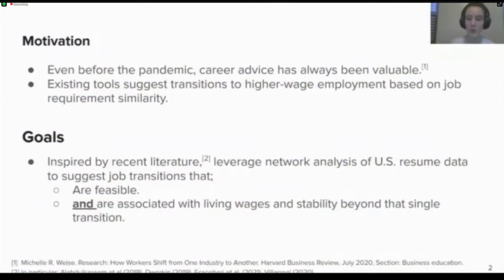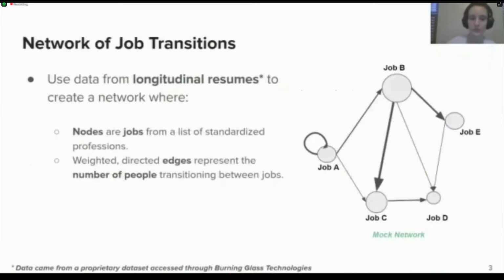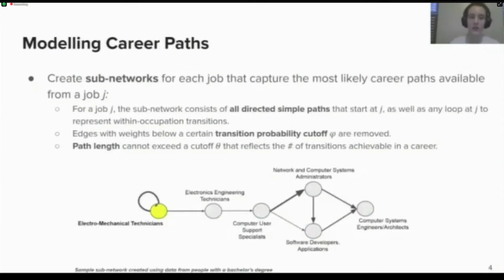With this in mind, we hope to leverage network analysis of US resume data to suggest transitions that are not only feasible, but are also associated with living wages and stability beyond that single transition. We start by converting data from longitudinal resumes to a network structure where nodes are jobs from a list of standardized professions and weighted directed edges represent the number of people transitioning between these jobs. Once we have this configuration, we can use it to create